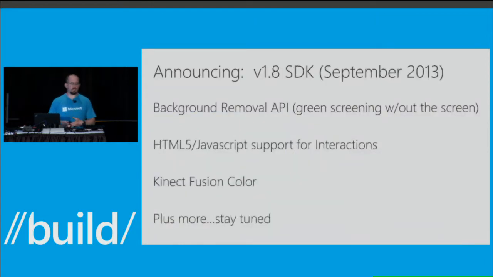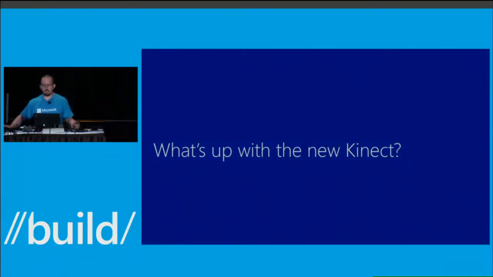We did a blog post yesterday, and we announced that 1.8 is coming in September. So the two things I just demoed are the background removal API and HTML5 and JavaScript support, and then I mentioned Chris White's session at 5. He's going to be showing something that we're calling Kinect Fusion Color, as well as the new Kinect sensor and some of the scenarios that it's going to enable. And there's going to be more in the release. We just haven't announced it at all yet. So speaking of the new Kinect,